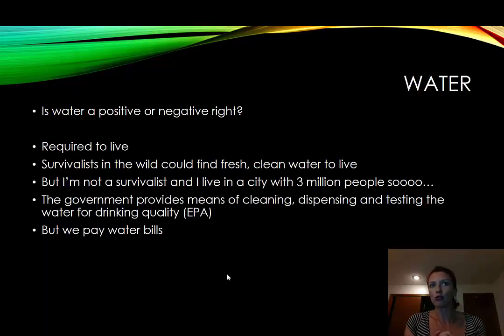Since it is essential to survival, maybe it is a human right and thereby should be government provided. However, if we involve the government, could that be the government getting in the way of us accessing water in a healthier way, in a way that is preferable? And does it diminish the value of water and the quality of water if there is no payment for it? So these are things to consider.